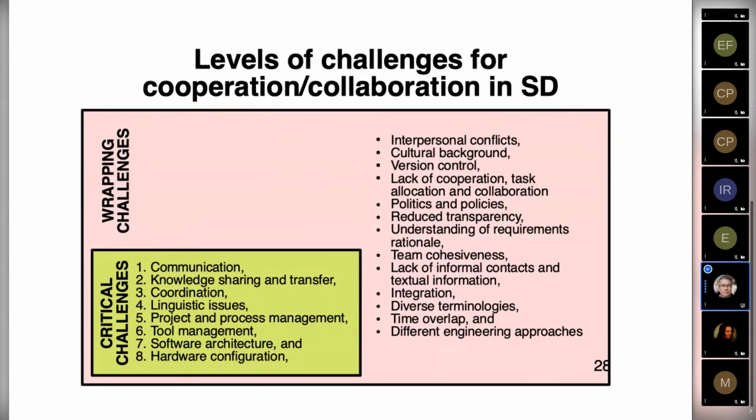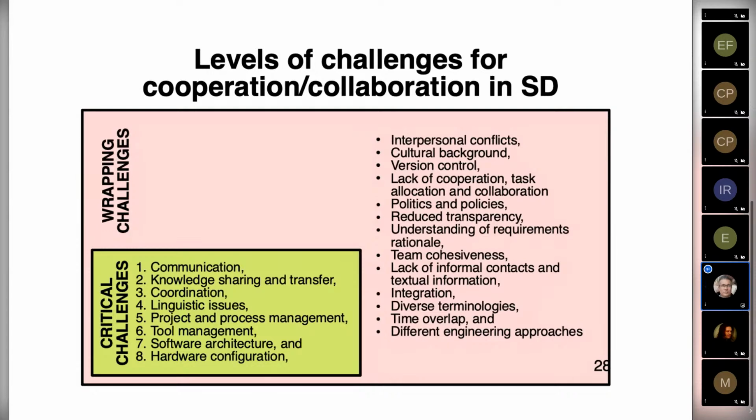If we take a broader look at these levels of cooperation and collaboration, you will have this understanding of the levels. We can have a group of critical challenges we need to face when we do cooperation and collaboration in software development. And also, we will have wrapping challenges. And we can say that at least we need to concentrate on the critical challenges to really manage cooperation and collaboration in software engineering. For that reason, if you take a deeper look at the critical challenges, you need to at least